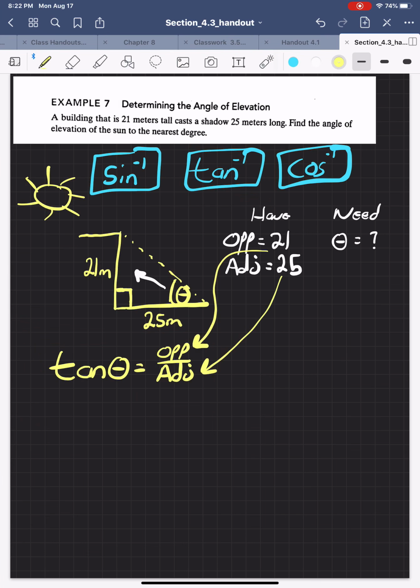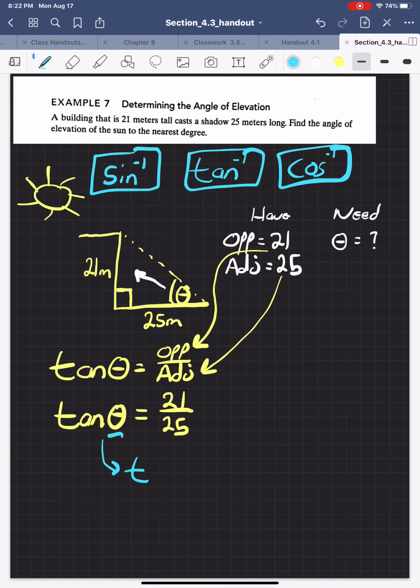So let's plug everything in. Tangent of some angle, that's what we don't have, is equal to opposite, which is 21, over adjacent, which is 25. Okay. So because we're trying to find the angle, tangent of some angle equals 21 over 25. To do that,